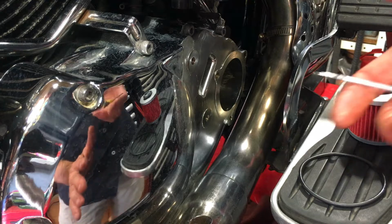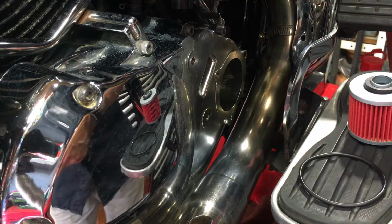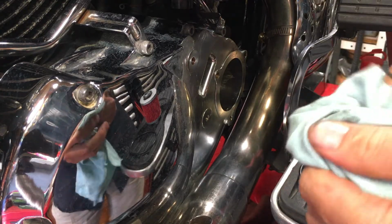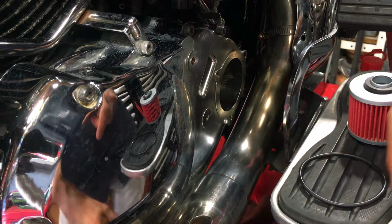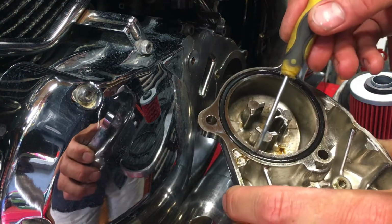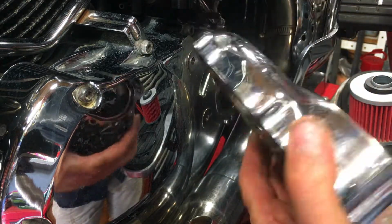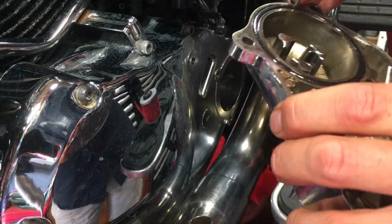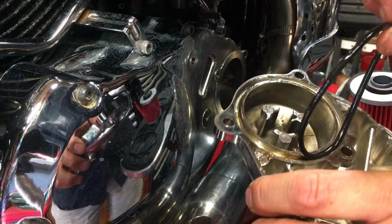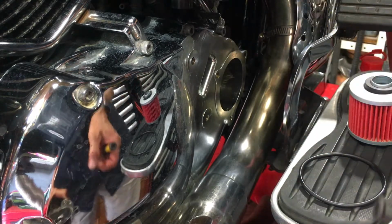Having cleaned up and got all the oil out of our hands so that they're clean and ready to go, then first thing I'm going to do is replace this O-ring here inside the filter cover. Now this one looks in perfectly good condition. The oil is really nice and clean, so I don't really need to do it, but I've got one, so